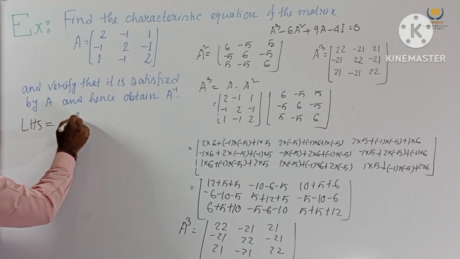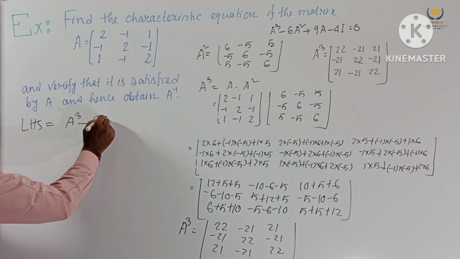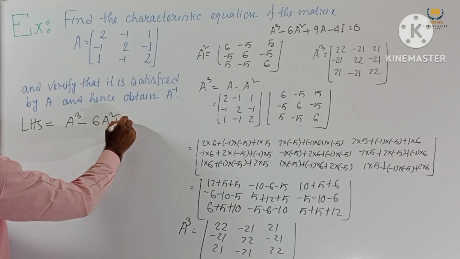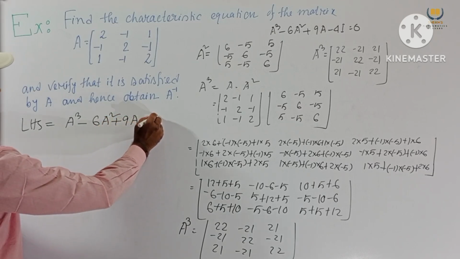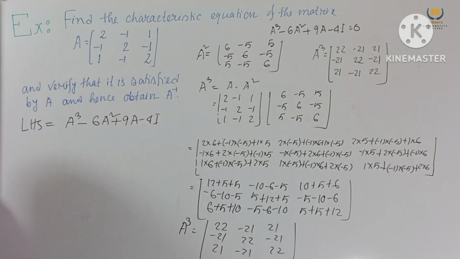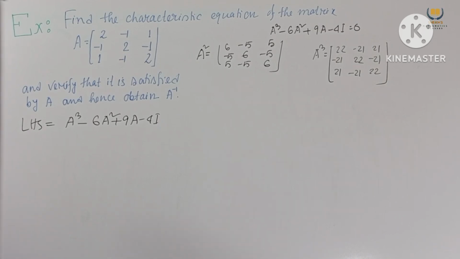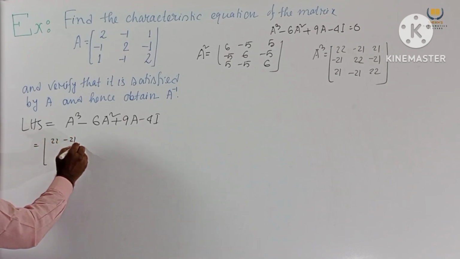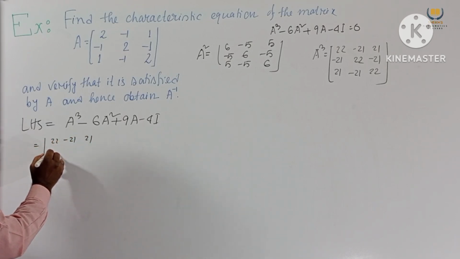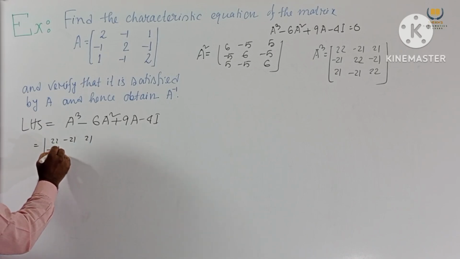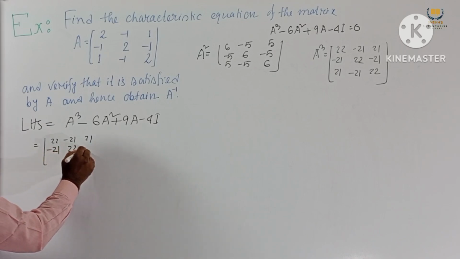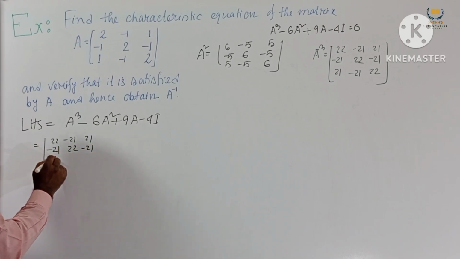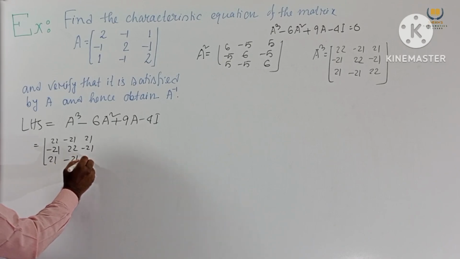In the left hand side, A cube minus 6A square plus 9A minus 4I. These are the left hand side. Now I am putting in the values of A cube, A square, A and I. A cube is 22 minus 21 21, minus 21 22 minus 21, 21 minus 21 22,